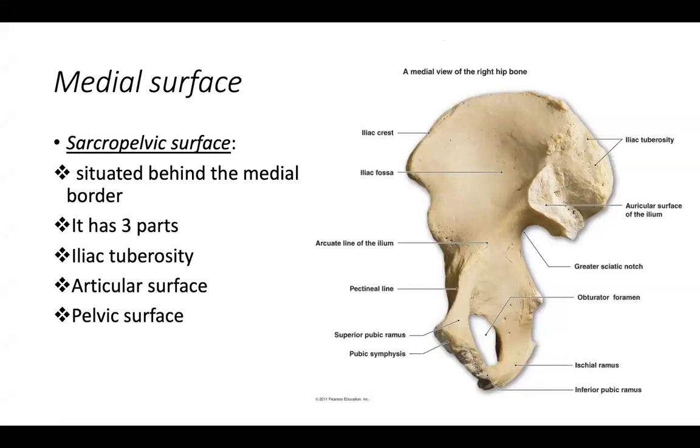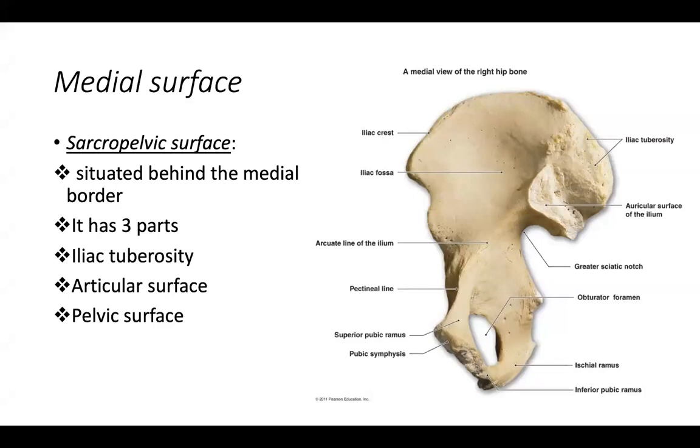Okay. Then can you see this surface? Yes, sir. This surface is called what? Pelvic surface. So this pelvic surface is present antero-inferior to? Articular surface. Articular surface of the ilium. Very good. See, the articular surface is present antero-inferior to the iliac tuberosity. Antero-inferior to this articular surface, this surface is called the pelvic surface.